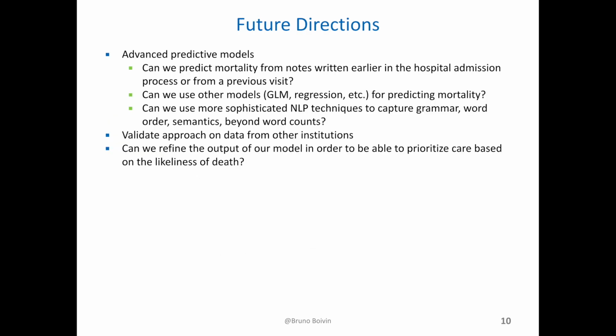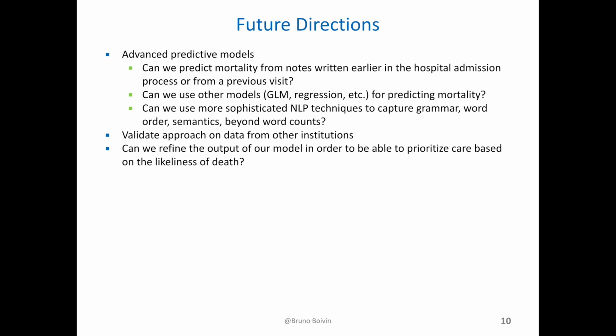Before going over a demo of this project, let's first talk a little bit about future directions. As mentioned, a neural network was trained to predict mortality from medical notes, but it might be interesting to look at other models to see how performance compares. We also used the count vectorizer to convert medical notes into numeric representations, and this is essentially just simple word counts for each medical note, and it would be interesting to look at other natural language processing techniques that are better able to capture grammar or word order or semantics